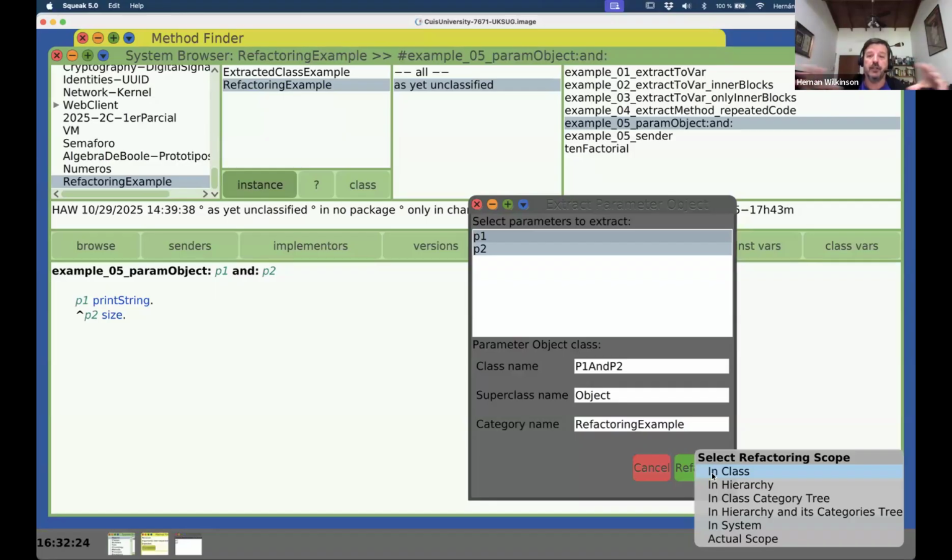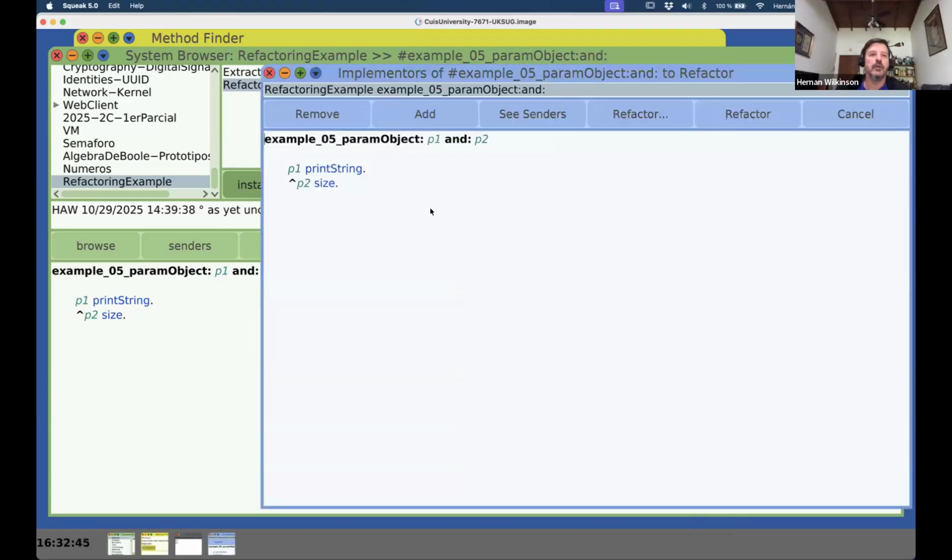So that's why you have to define the scope of the refactoring. Let's say we do it just in the class. So it will show you, this is the method that's going to change. These are all the senders, that I forgot to show you, but this is a sender that uses 1 and hello as parameters, as P1 and P2. And then if we do refactor,